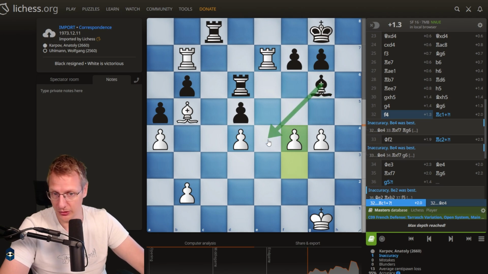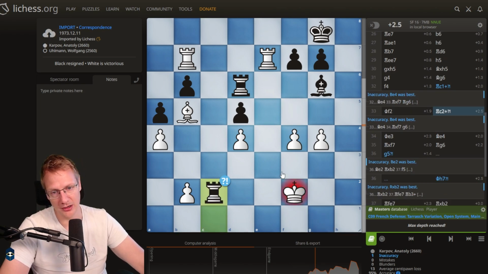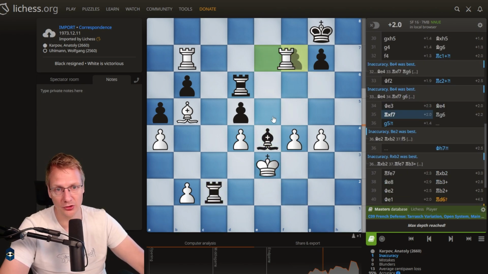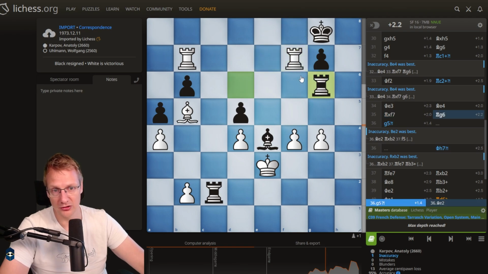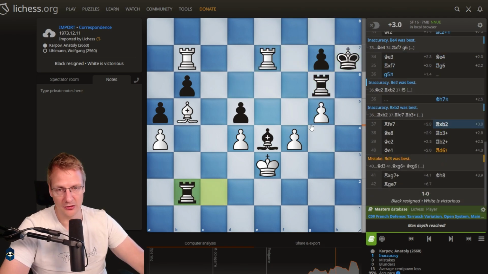The computer wanted bishop b4, allowing rook f7. I mean, yeah, of course, if you know the engine moves, then it makes a bit more sense. But after the rook gives a couple of checks, the king goes to the center of the board, and now we see bishop b4. The f7 pawn is lost, rook g6, and some small inaccuracies, but the result of this game